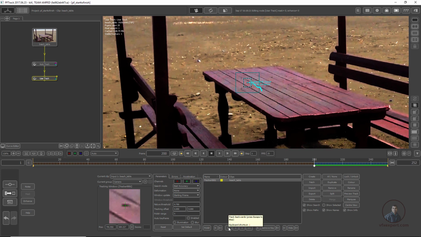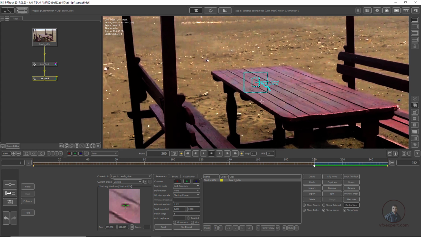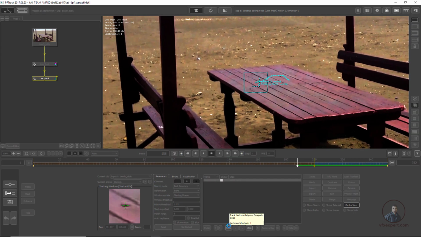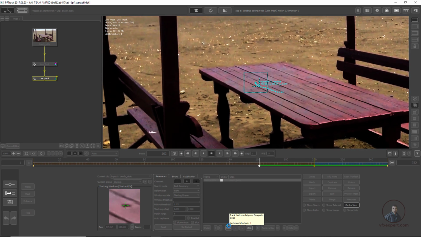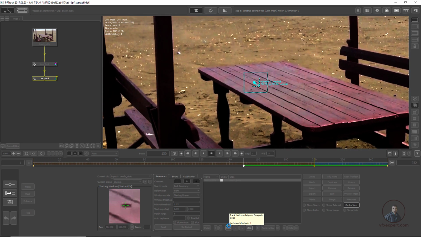Suppose while you are tracking your points, if you want to keep your point in the middle or in the center, then downside you can simply click on center view. Okay, now click here. We have clicked here. Now track backward here and focus on our points. We have clicked. Now you can see your point stays in center while it's tracking your shot.